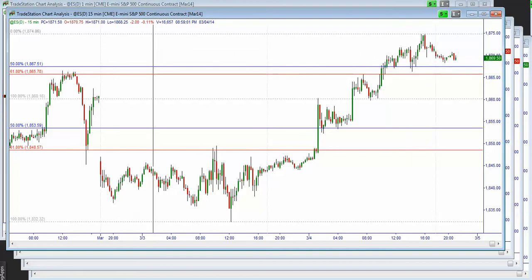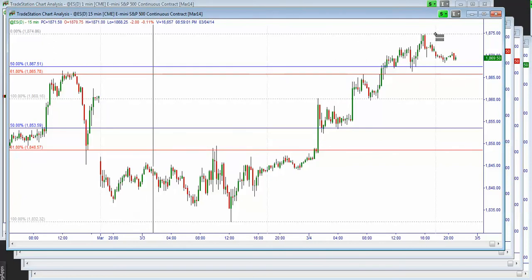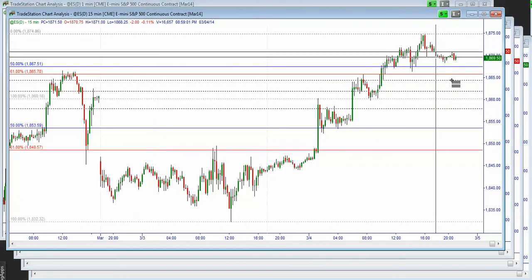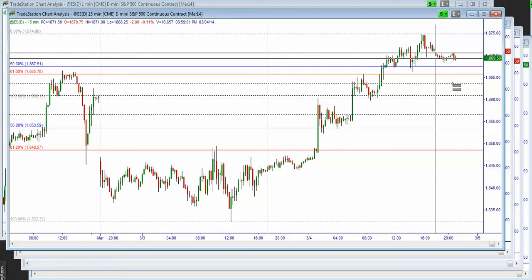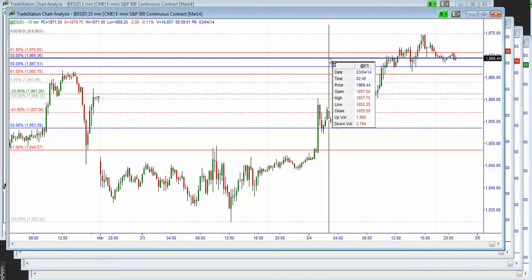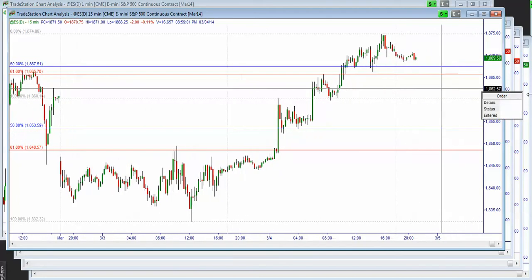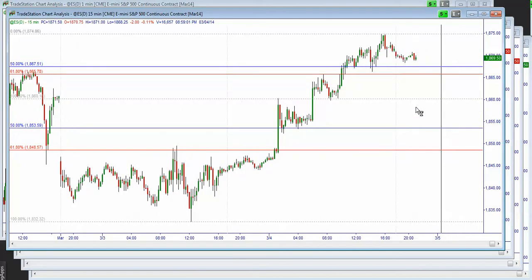Of course, there is a better way to time this trade. If we break 1865, wait for the retrace and then sell when we get to the blue line, and this is something a little bit more complicated that I teach in my mentoring